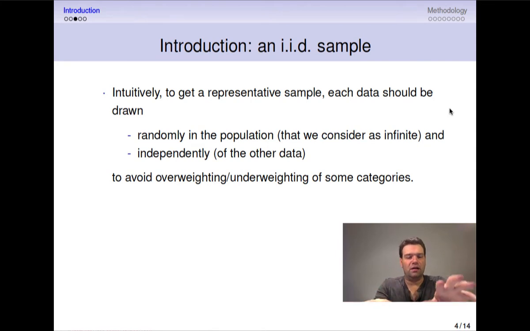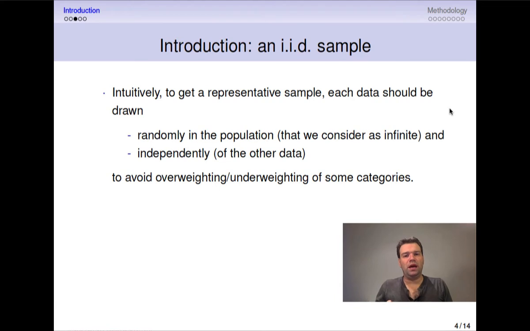Male, female, social activity, education, different characteristics of people, ethnicity, and so on. We would like to have a sample which represents correctly all the people inside the population, not overweighting or underweighting the different categories. It's really complicated, and the intuitive idea is to say, okay, to get such a sample,